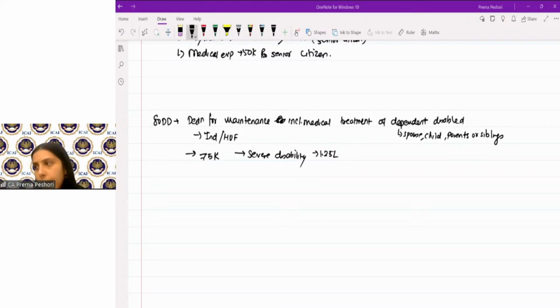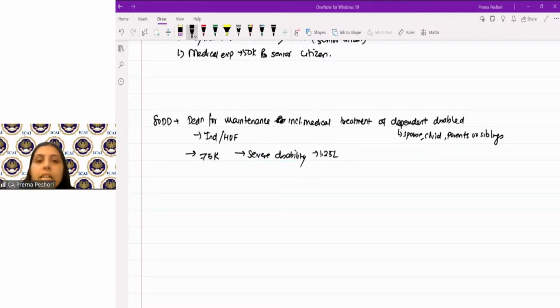However, this will not apply. The income will not be deemed to be of the person even if the disabled person dies, if the amount is received by the dependent before his death or attaining the age of 60 years. So if the amount is received by that person only for whom the amount was deposited, then there would not be any income taxable. But if he dies before the income is received by him, and the other person receives the income, then it will be taxable in his hands. Clear? Are we clear? So that is ATDD.